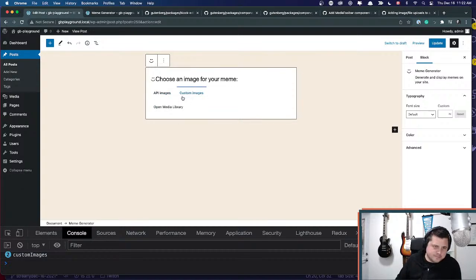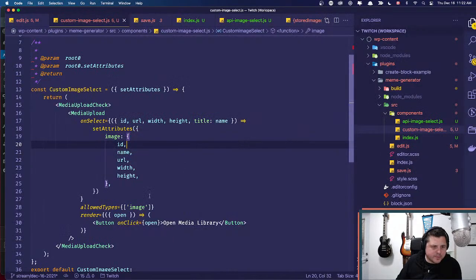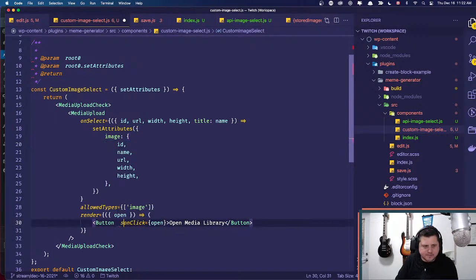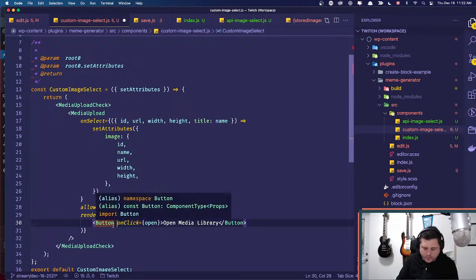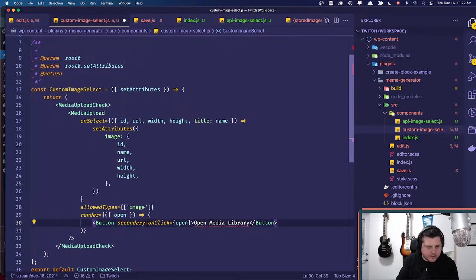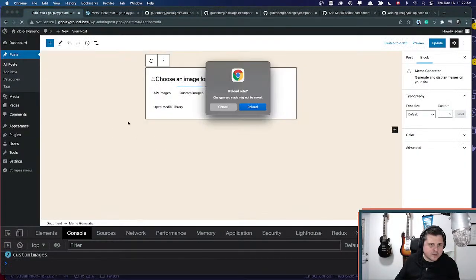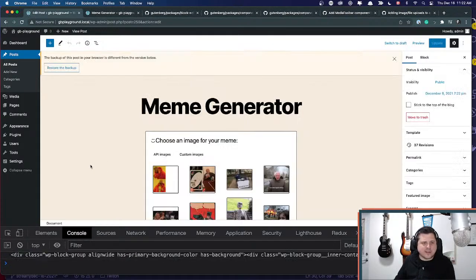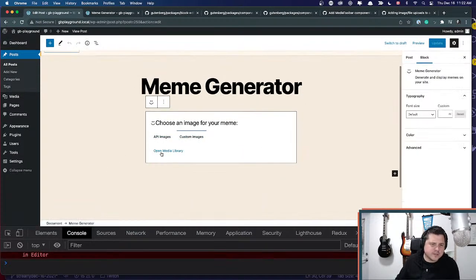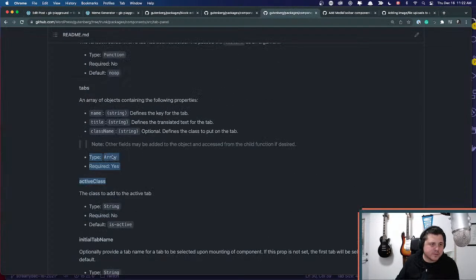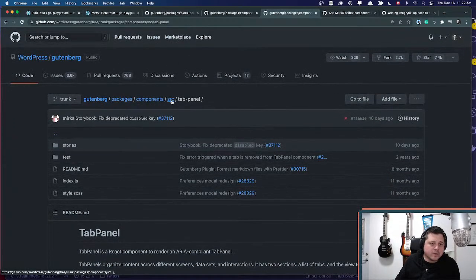Here's an idea. First of all, I hate the way that button looks. When you're working with the button, is it secondary? I think there are props that indicate the type of button that you're using. That's not in. So let's look in the components package. We'll look in the button,